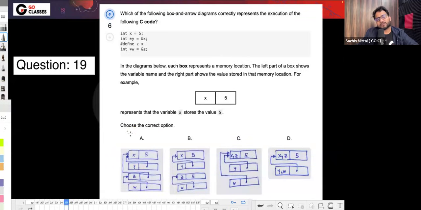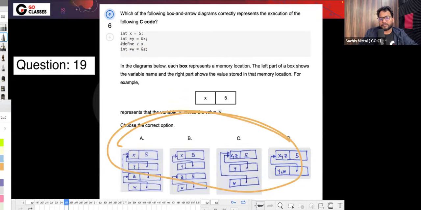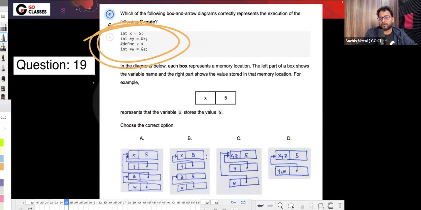Now let's see this question. This was a bit of an interesting question, and it was basically focusing on just one thing: the importance of this hash define. So this hash define is basically just for macro purposes, which means it does not create its own memory. Okay, so they are asking which of the following represents the correct representation of this particular code fragment. So obviously x is 5, so you will be having x as 5,